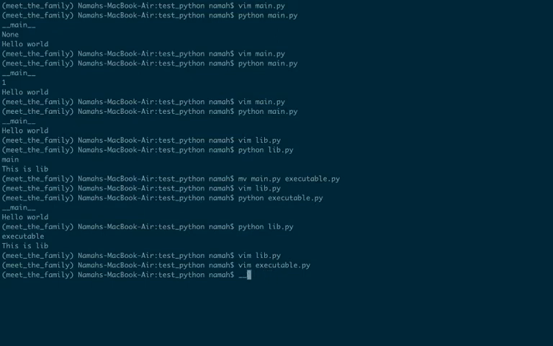When you're running the Python file from the terminal itself, like main.py, the value of __name__ will be __main__. But if you import it, then the value of __name__ will be the name of the file, the file name.